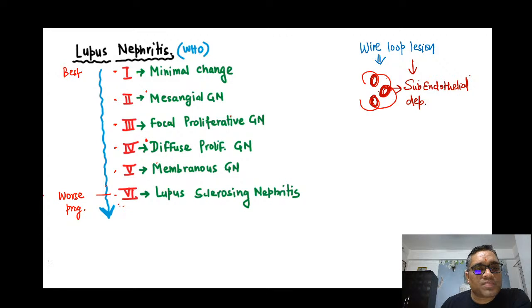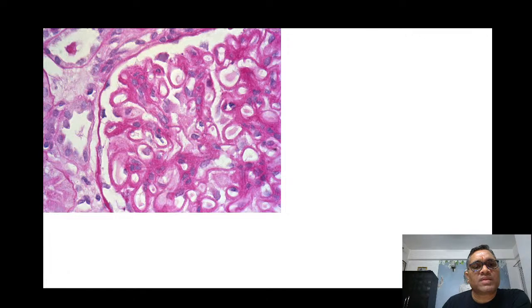I'll just show you a picture also so that you can remember very well. This is the PAS staining, right? In this PAS staining of the glomerular capillary, you can see how these are thickened. Can you see these are the thick lines? So all these thick lines are the subendothelial collagen deposition, right? These are all subendothelial